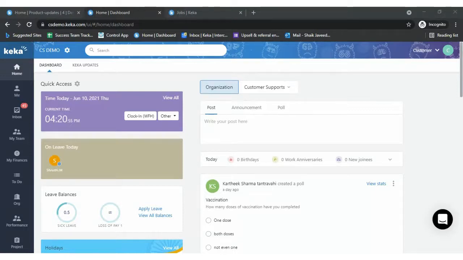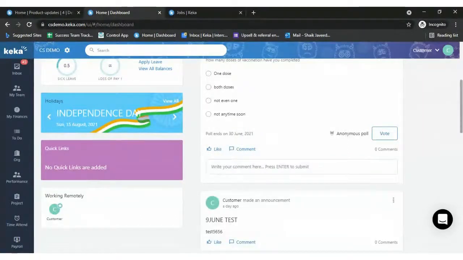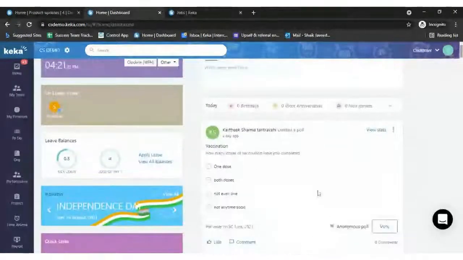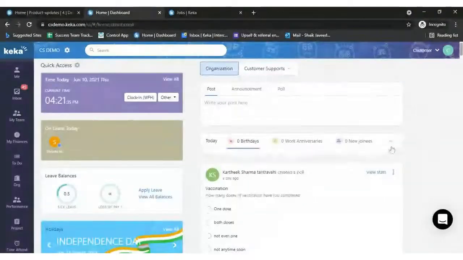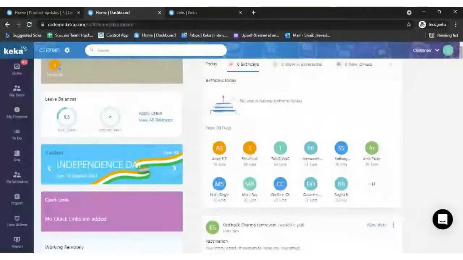For all the posts you also have reactions. You have like, clap, love, insightful, and curious. You can post anything, and you can give comments as well. You can provide your comments, and again you can reply to that comment as well. It's a very interesting feature that we got in place. A few more interesting features: if anyone's birthday is there, you can even wish them from here itself. A toggle box would come out saying that if you want to wish, you can wish that employee.